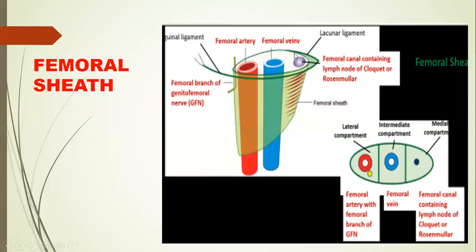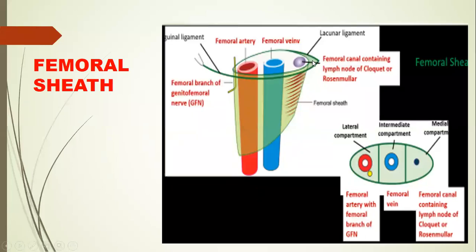Now this upper opening of the femoral canal is called the femoral ring. So this one is the femoral ring. Now there are several structures which are related to the different margins of the femoral ring. Anteriorly, this is the inguinal ligament. Posteriorly, this is the area for the pecten pubis or superior ramus of the pubis. Medially, this is the